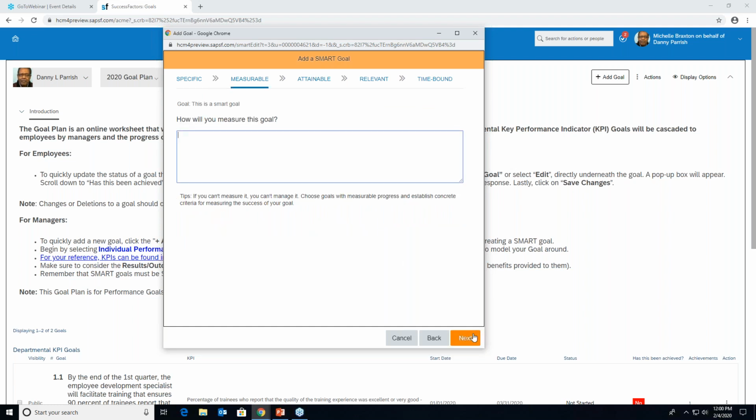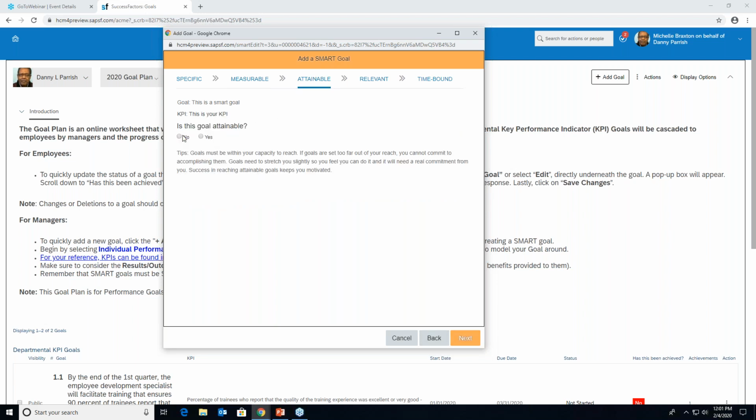And click next. And then, how will you measure this goal? So this would be your KPI if it applies. And next. And then it asks, is this goal attainable? If I click no, it's not going to let me go on to the next step. So this is some assurance that you've actually thought about whether this goal is attainable.